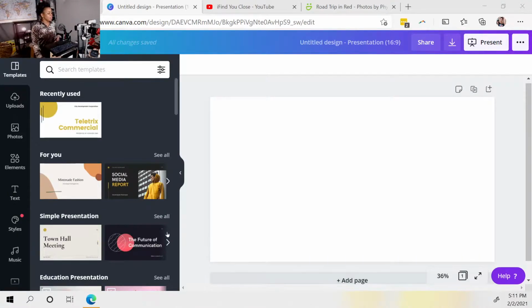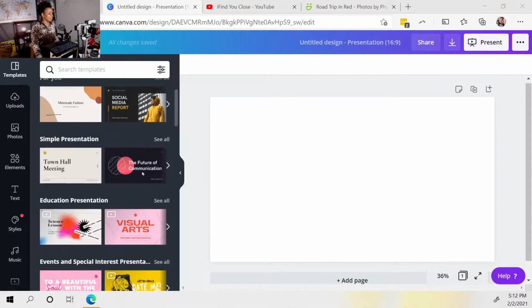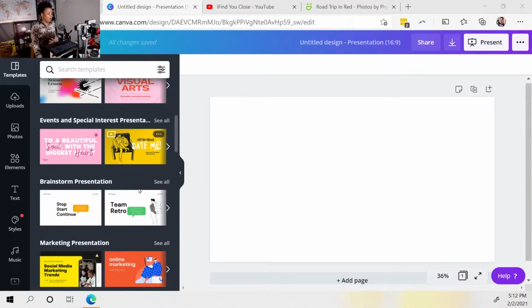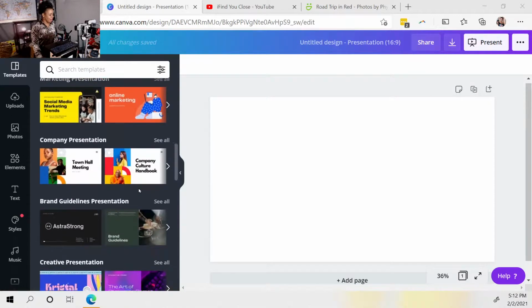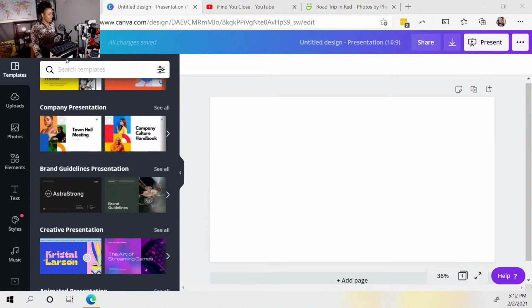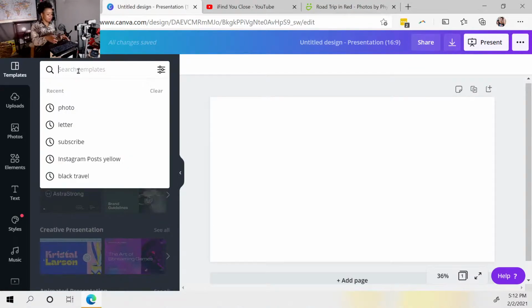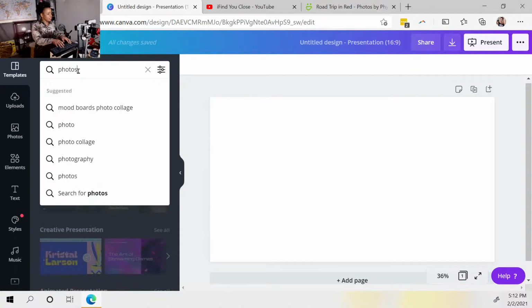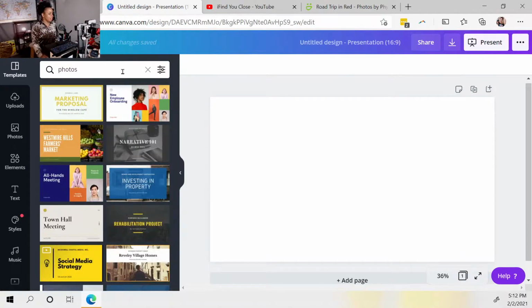All right, so what we're going to do is just choose a theme. And here's the cool thing: Canva already has presentation themes for you. All you have to do is scroll down and choose one. Or you can type in whatever you're looking for, like photos, and it'll bring up some other themes that you can use. And they have varying